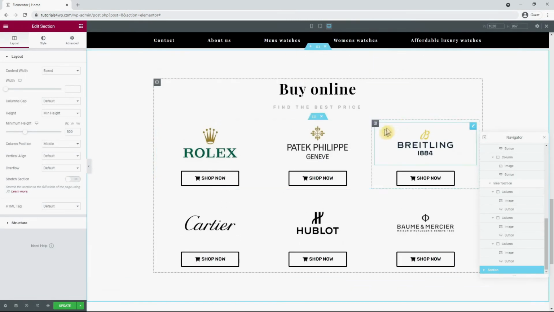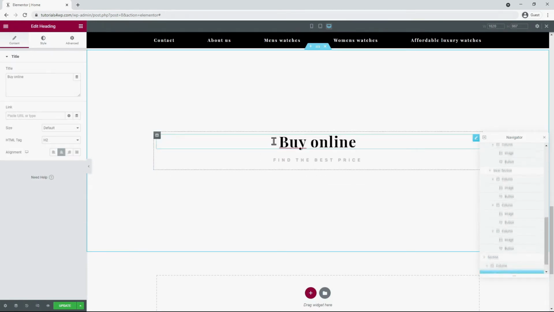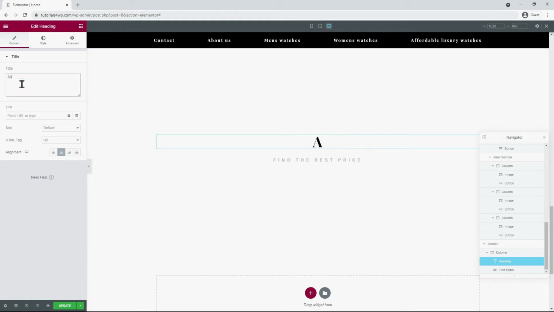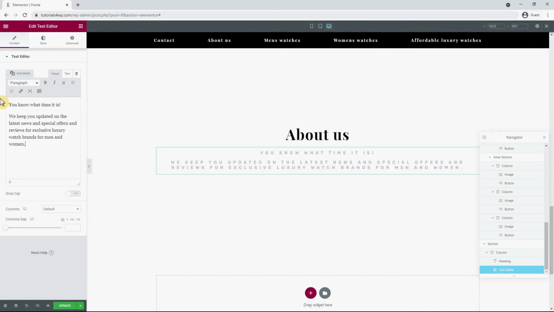duplicate option. From the duplicated section I remove the two intersections by clicking on the cross icon. I change the title to About Us just by clicking on it and entering different text. And in the text editor below I change the text to something like, "You know what time it is, we keep you updated on the latest news and special offers and reviews for exclusive luxury watch brands for men and